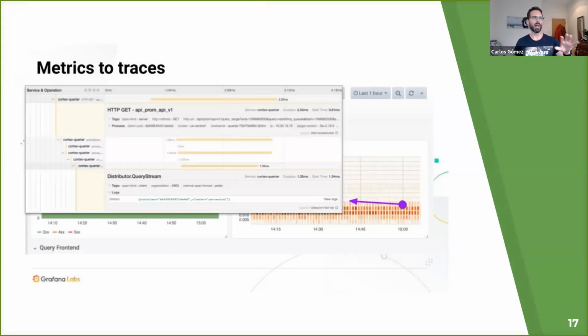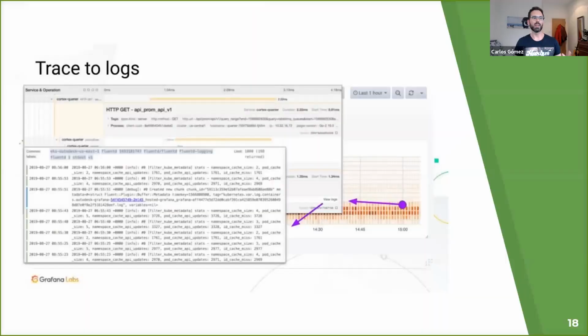So it allows you to go from metrics to traces. So you go into your Grafana dashboard and you can click somewhere, and then you will see the traces. And then you click somewhere else and you will see the logs. And this is very powerful because I don't have to go through 3 different UIs and try to correlate timestamps,